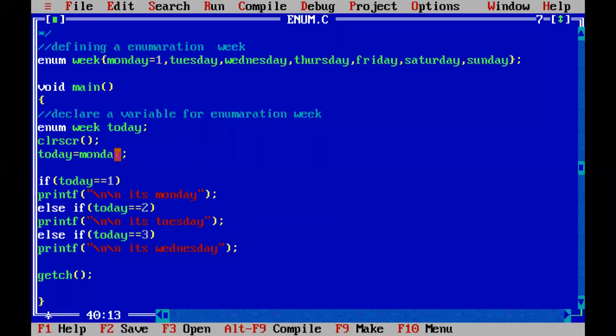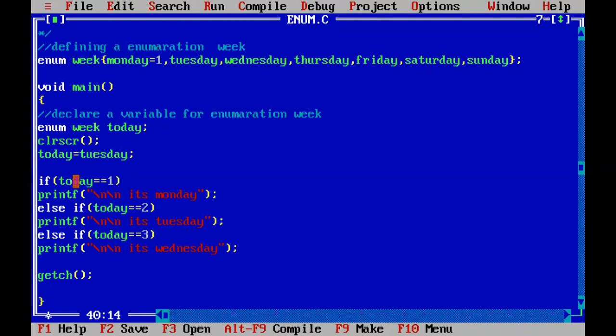And if you write today value is Tuesday here, what is the Tuesday value? 2, because Monday value is 1, Tuesday will be 2, and Wednesday will be 3, and so on. So Tuesday value is 2, the 2 is assigned to today. Now today is also 2. Now you check the if condition. Is today equal to 1?